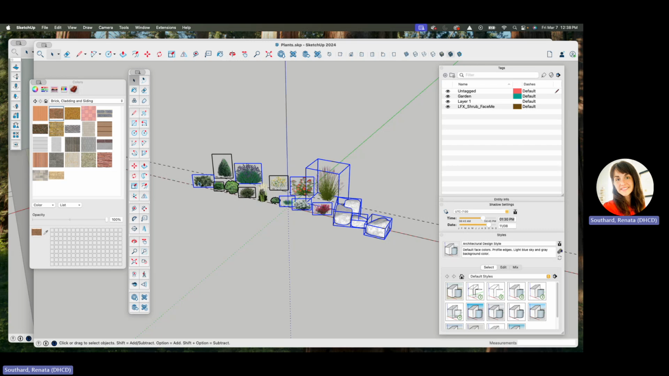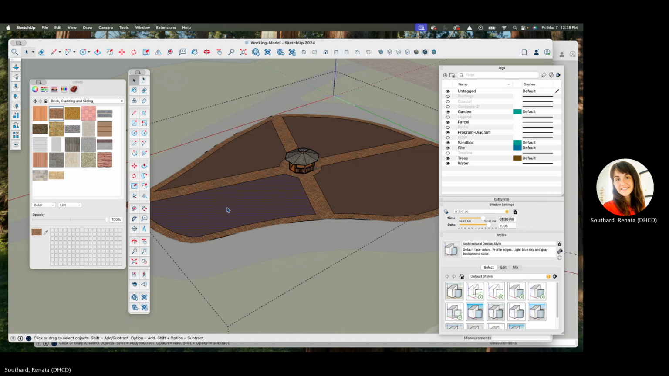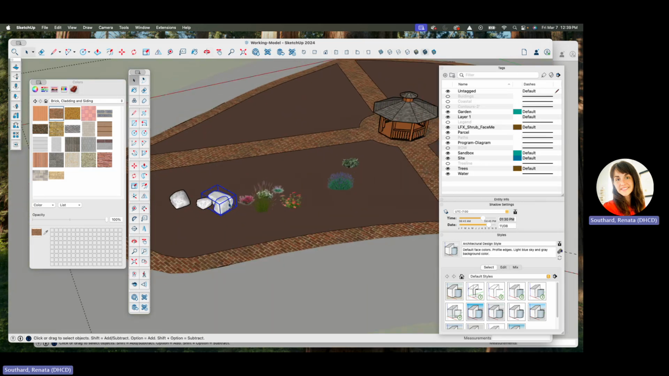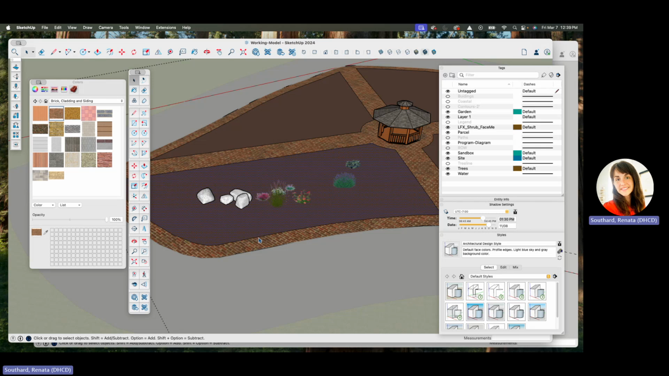So I just selected those by clicking on them and holding Shift. Now I'm gonna hit Command C and pop them right into this model. And I just hit Command V. And these I kind of want around the edge. So I'm going to,